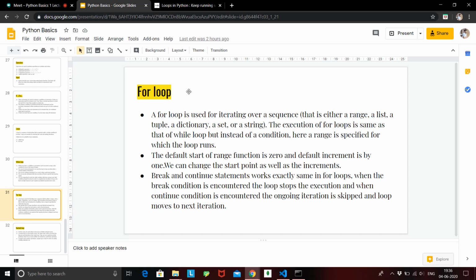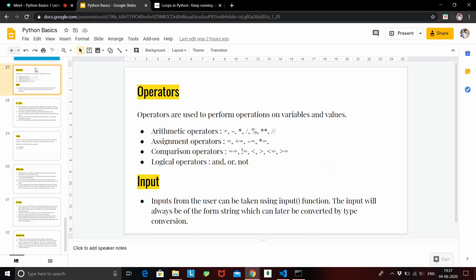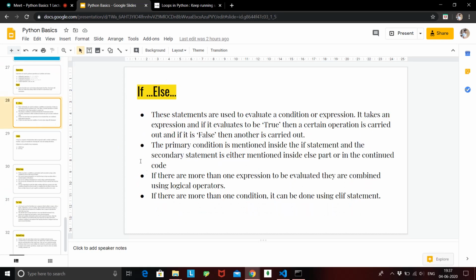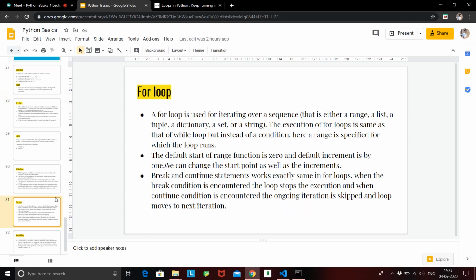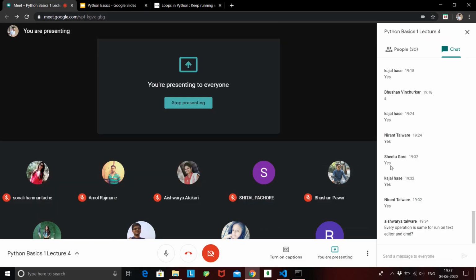Run a for loop on the list, increment every element of the list by 5% using the arithmetic operators, then sum all these numbers and take the average. So what is happening over here is you get practice of all the operators, the input function, the if else statement, and also the for loop, which is the main loop we have for iteration. Alright, are both assignments clear to everyone? Is there any doubt?